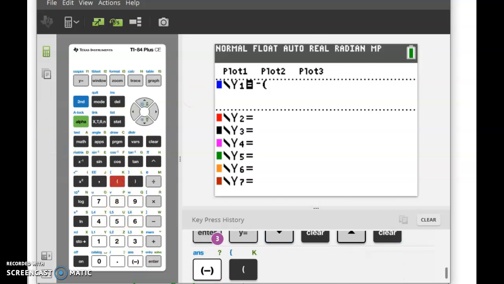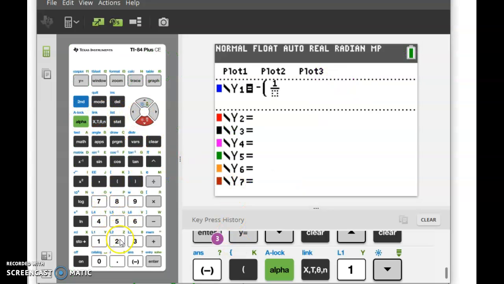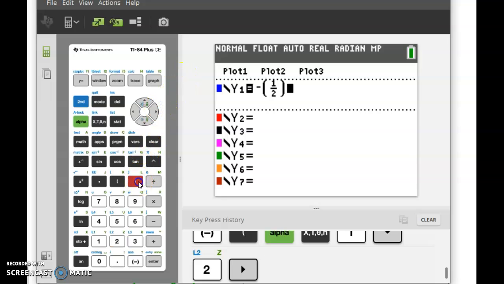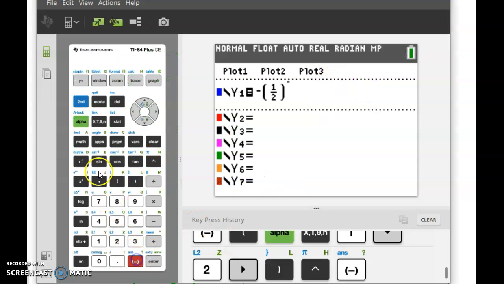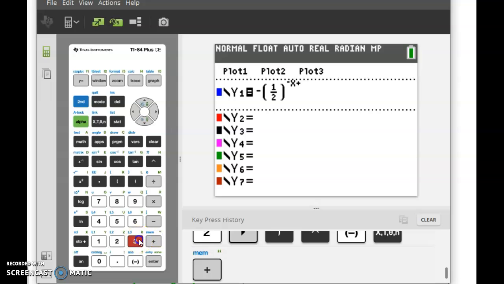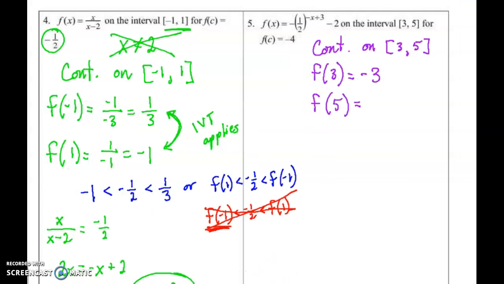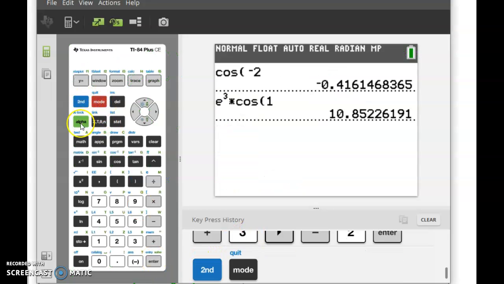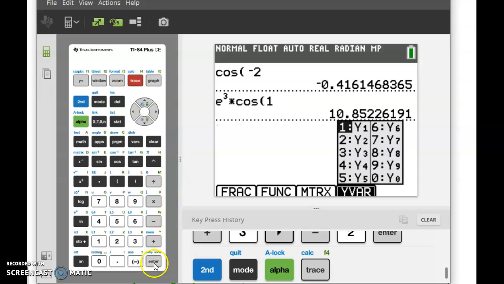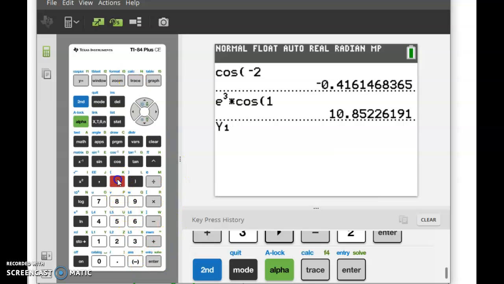Negative of 1/2 to the negative x plus 3 minus 2. And then you can just go back to your home screen, alpha trace, so you can grab that equation, and parenthesis 3